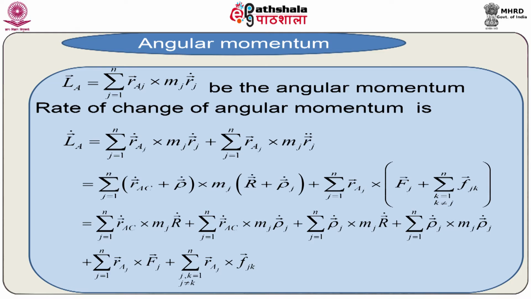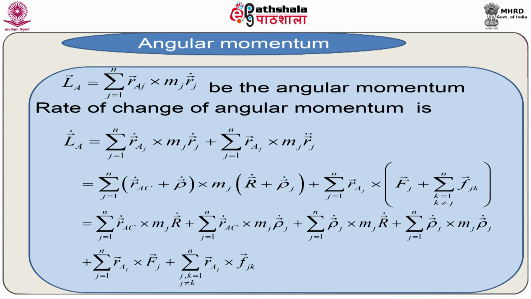Since this one and this vector are parallel, the double sum vanishes here. This vector and this vector are parallel vectors. So, from the property of cross product, we get this vanishes. Thus, we have LA vector dot equal to this one plus this one. This can be combined as this one,